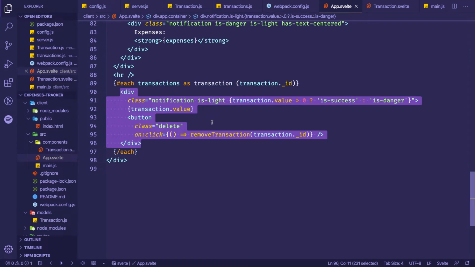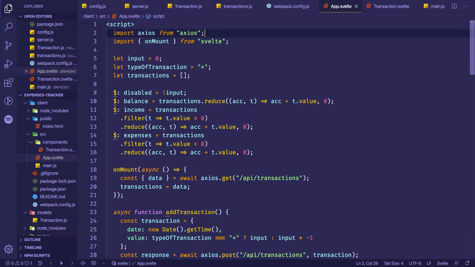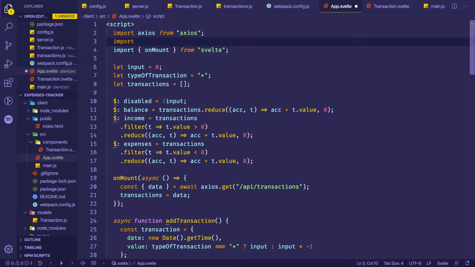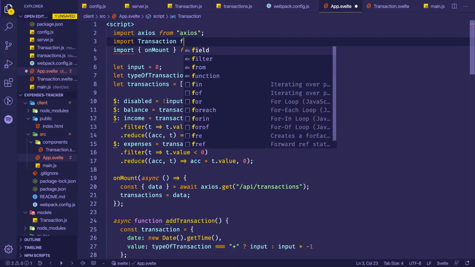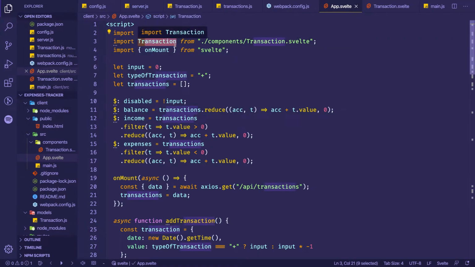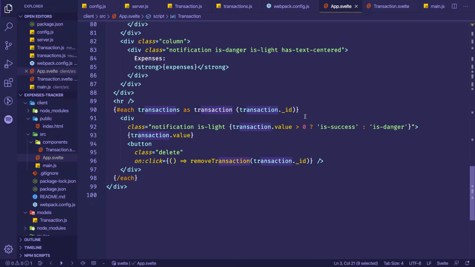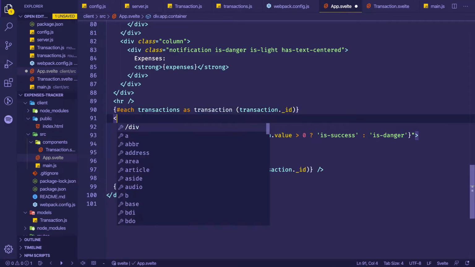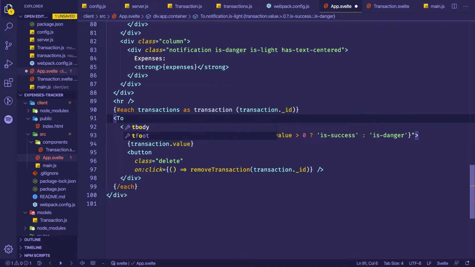And what I want to do here is I'm going to import this component. So I'm going to import Transaction with uppercase T, and I'm going to import this from components. This is the folder where we have our components, and this is called transaction.svelte. So we now have the component imported, but now we need to use it. So we can use the component here. So this is what we are replacing, and we can say